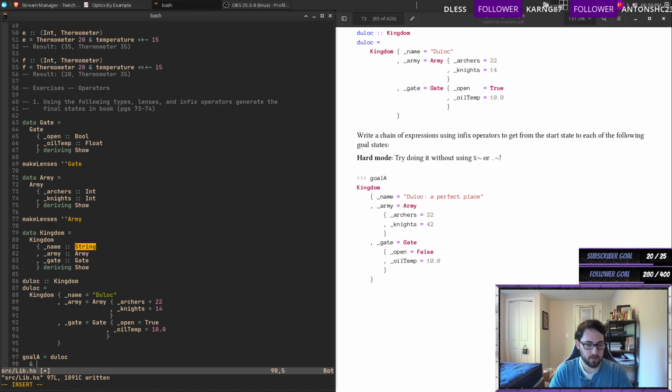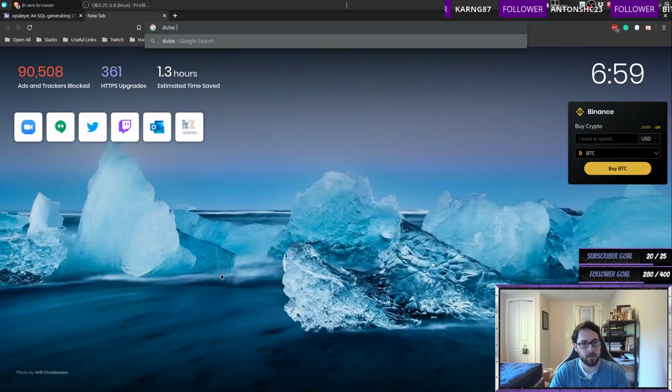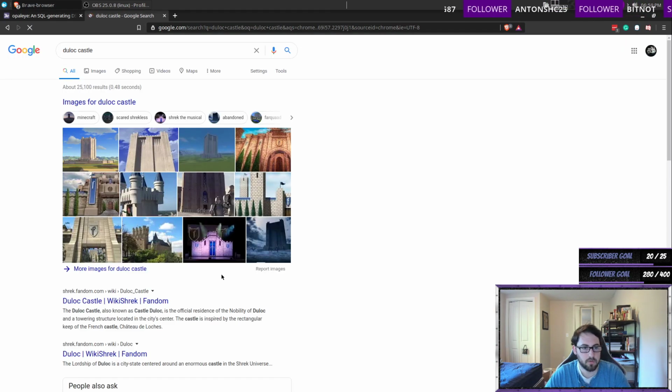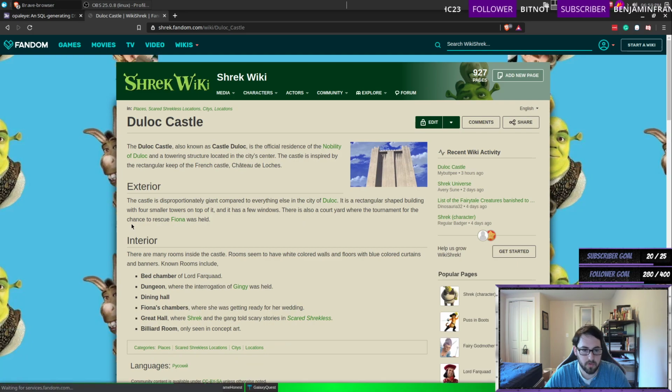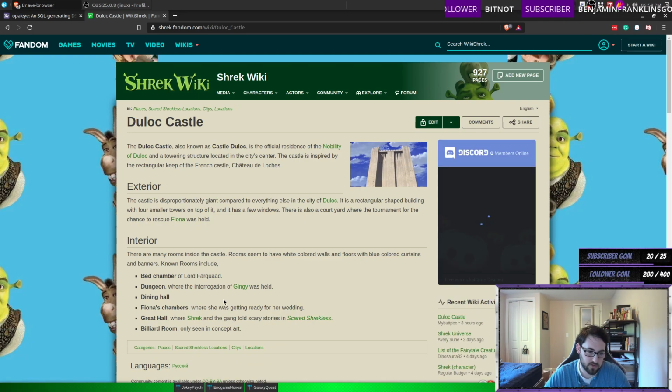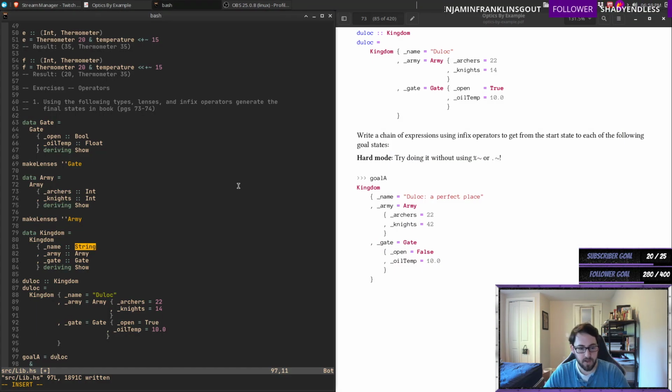Duloc. Unsure of pronunciation. I actually wanted to look that up. Duloc Castle. I don't know if this is actually where it is, but that's hilarious if that was the motivation. It's where Lord Farquaad is from. I wouldn't have recognized that offhand, but anyway. All right, so first things first, we need to